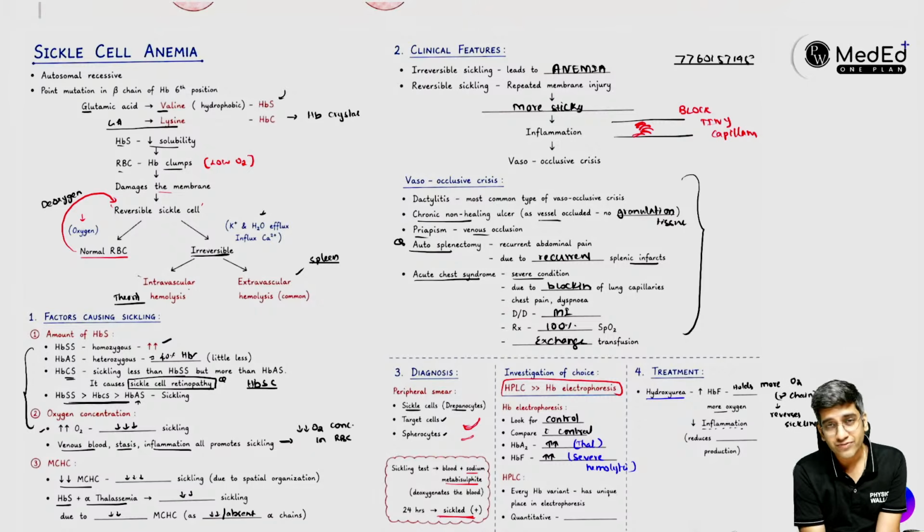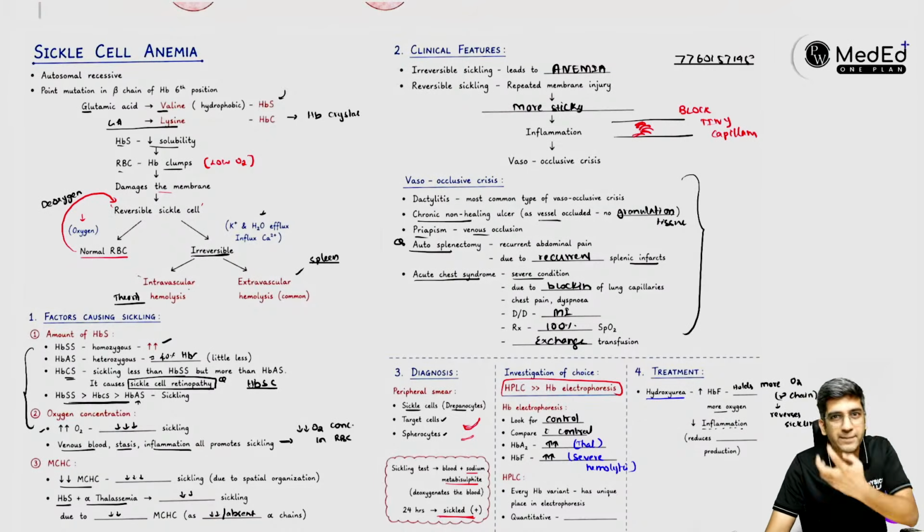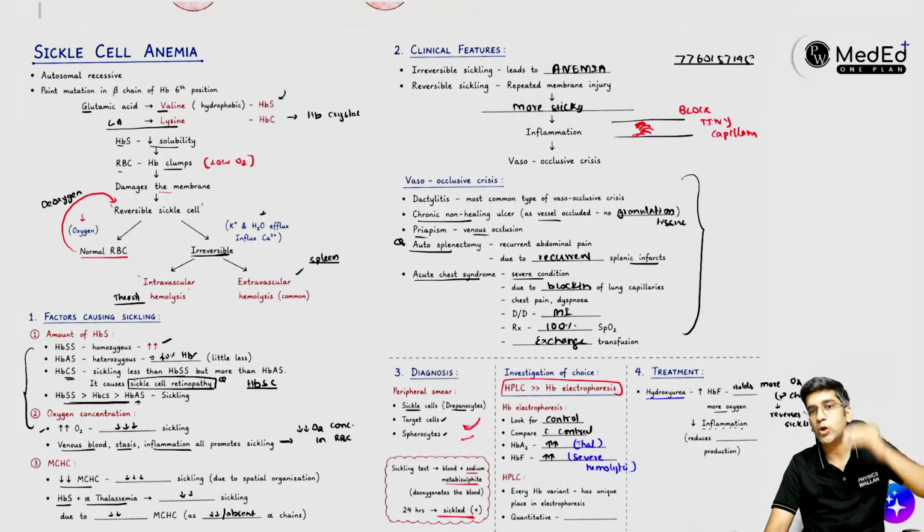Okay. In case of thalassemia major, the patient will present at birth or after 3 to 6 months or later in life. What do you guys think? That's the next question. In case of thalassemia major, there's a classical face appearance. What's the name of the face appearance? That's the next question I want you guys to answer. Thal major also I'm going to diagnose with HPLC only. In case of Thal major, what will happen to the hemoglobin F levels in HPLC? Will it be high? Will it be low?